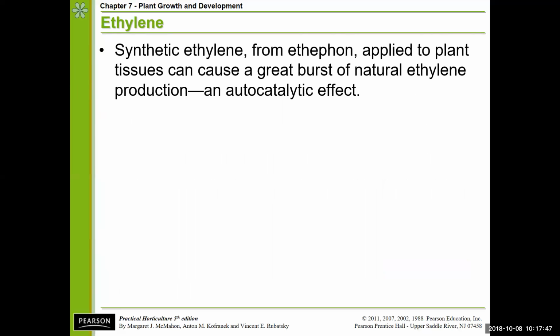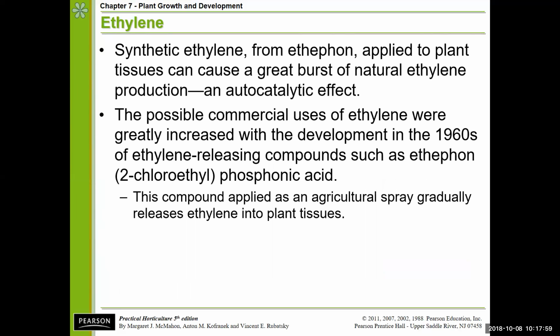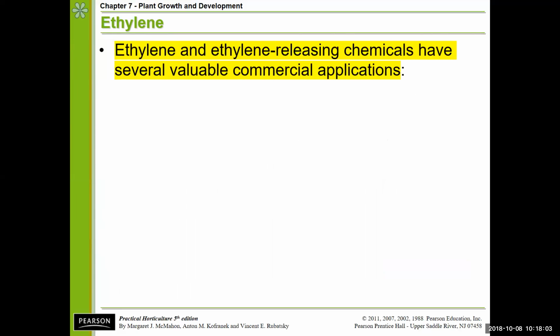The synthetic ethylene form is a product known as ethephon, where we apply it to plant tissues to cause a natural burst of ethylene production. That's often what we use in the ripening of crops. So we have both ethylene itself, and then we also have ethylene-releasing chemicals, which again cause fruit ripening,